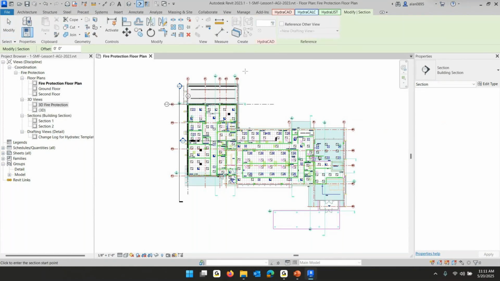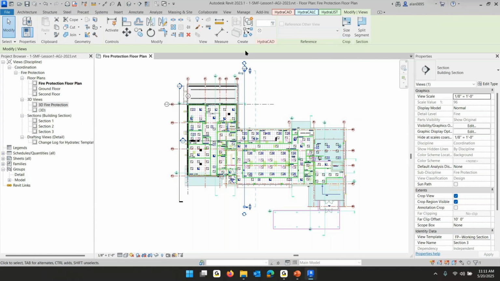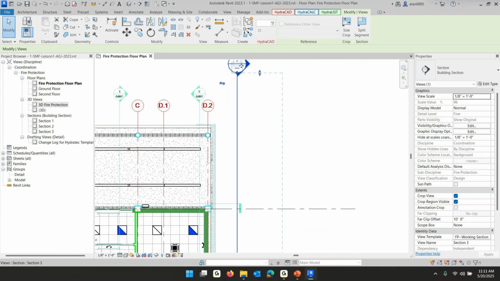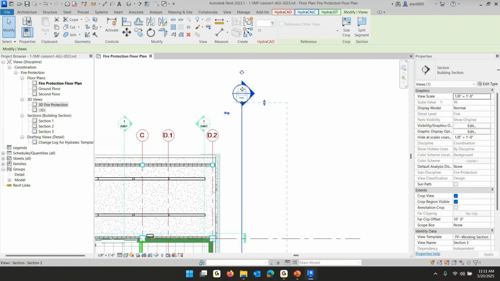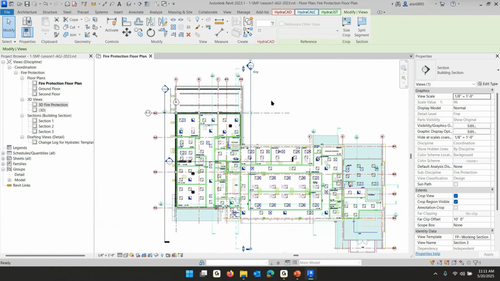And a section line just requires 2 points. I'm clicking a point and I'm clicking another point. And it created a section line. And I think by the bubble, you can see that that section is looking to the right. There's a little two-way arrow there that changes it. So now that section line is looking to the left, and it's looking this wide according to these two little